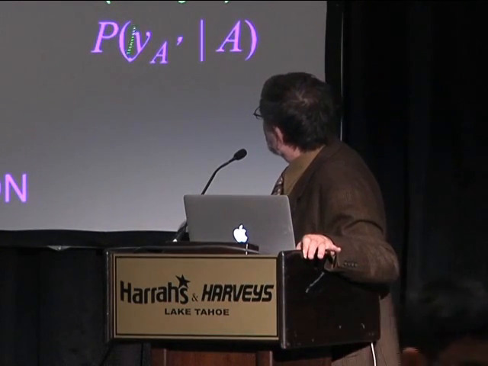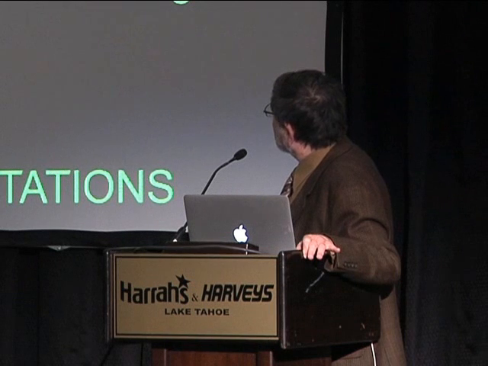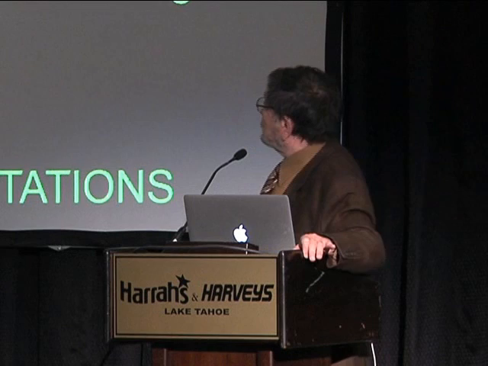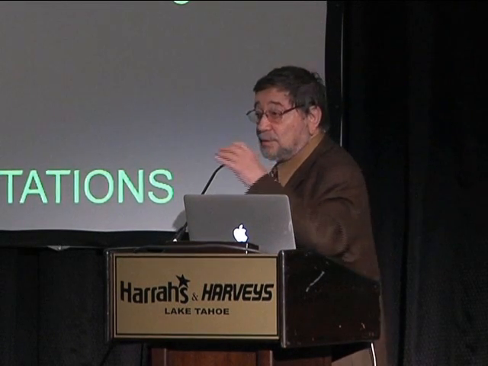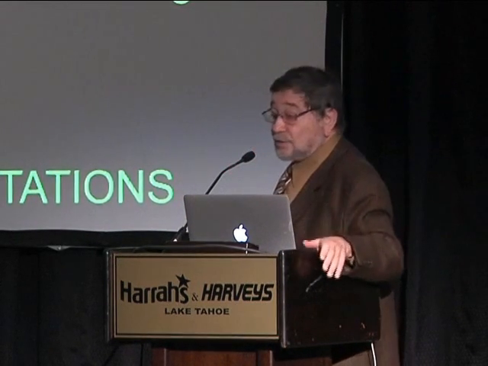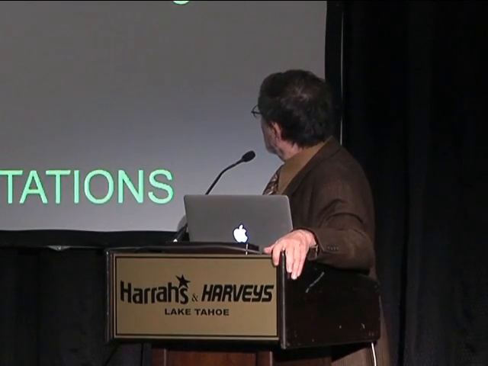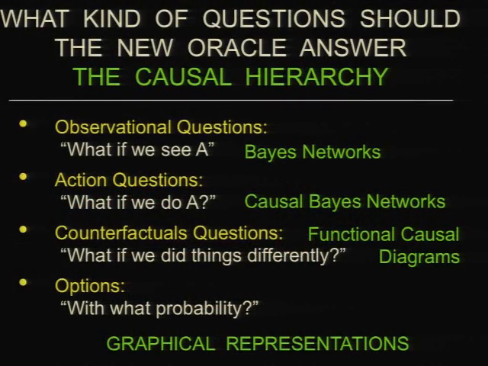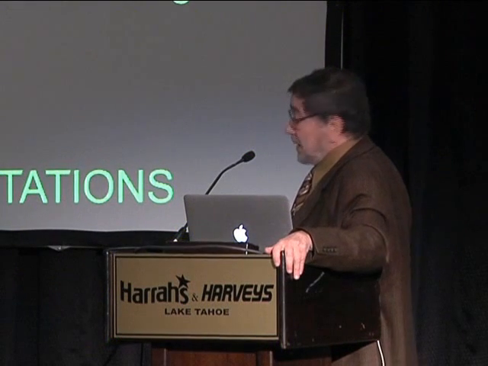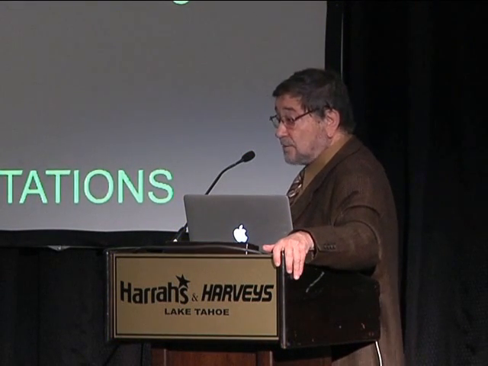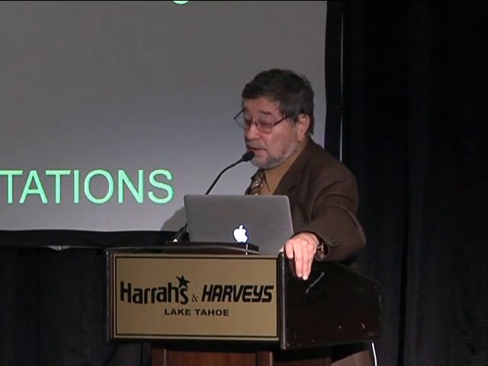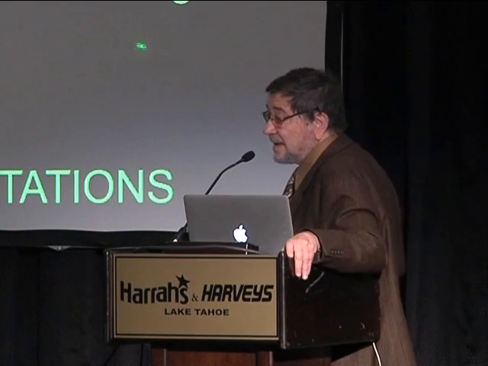We have syntactic distinction, but most important is to notice that we have representation for them. If you want only observational queries, you can handle it with Bayesian network. If you want action questions, interventions, you should use something like causal Bayesian networks, which are defined in my book, page 24. And if you want to go deeper, and that's counterfactual questions, causal Bayesian network will not do it for you. You have to go to functional causal diagram,